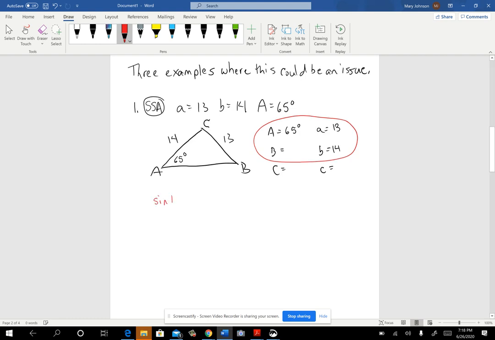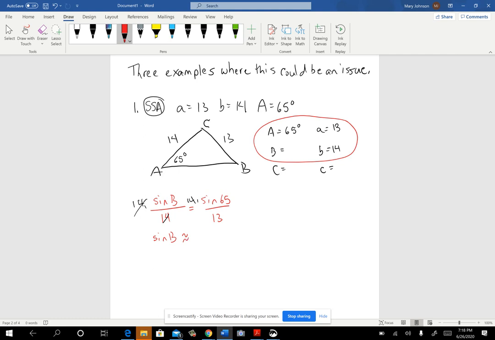So when I set it up, I'm going to put the sine of angle B on top. Sine of 65 over 13. All right, so then I'm going to be solving that. I'm going to multiply by 14, multiply over here by 14, okay? And when I do that, I wind up with sine B equaling about, because I'm going to have to round, I'm sure,